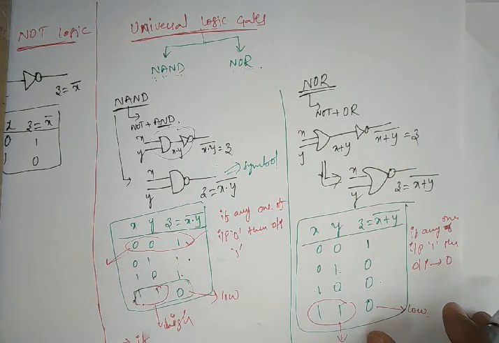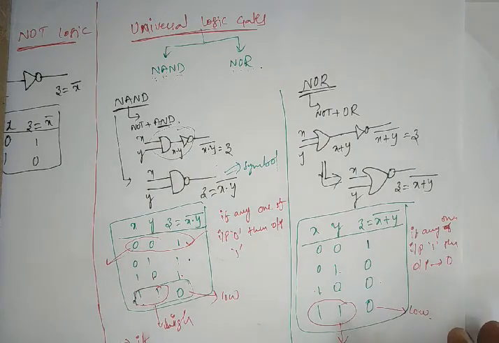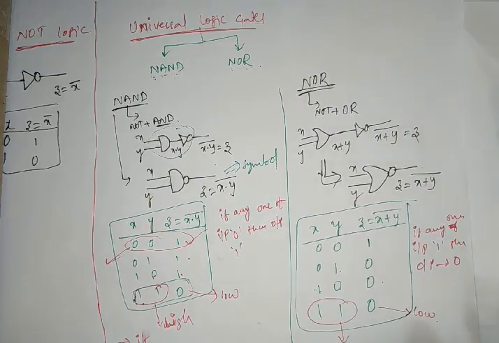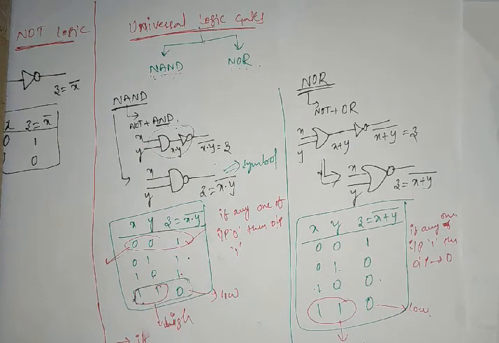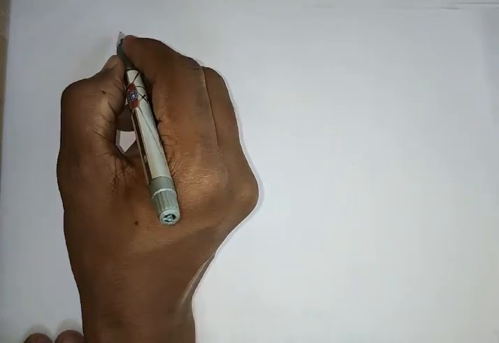Next, these are the universal gates. Any combinational logic circuit or any Boolean function can be represented using NAND gates and NOR gates, and the complexity of the circuit will be reduced. The next topic is the special gates. What are the special gates, and how are they represented? We can see that now.